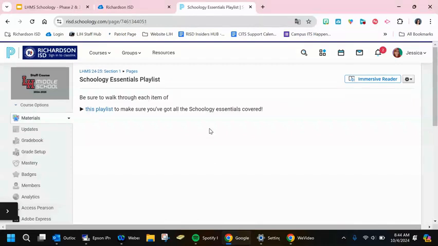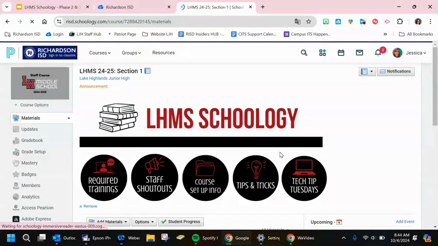But again, this only works for text that has been input into Schoology. So if you attached a document or a PDF, it doesn't work on that. Anything that you've typed, though, it will work on. The students will need some coaching on that button being there and to click it,